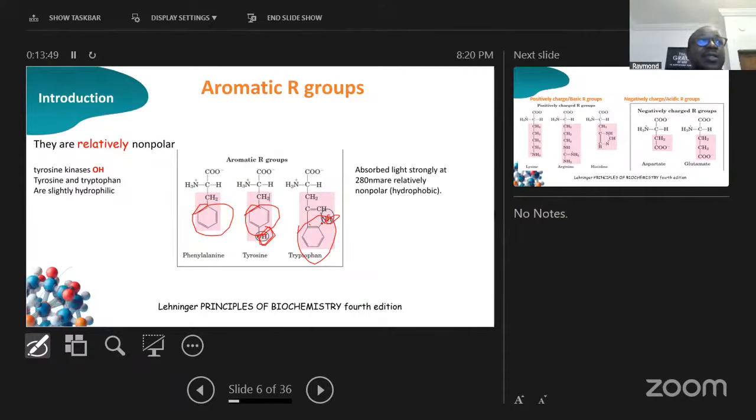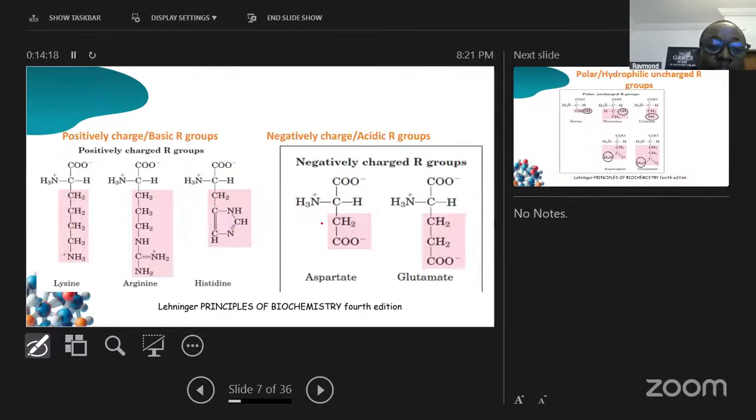So the kinase there means that they are phosphorylating, they are using energy for their phosphorylation. And the energy source is ATP, adenosine triphosphate. So tyrosine and tryptophan are slightly hydrophilic, and I've explained what confers the hydrophilicity properties to these amino acids. We also have positively charged slash basic